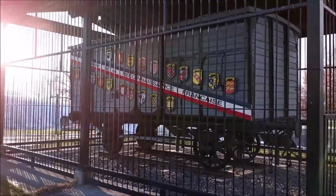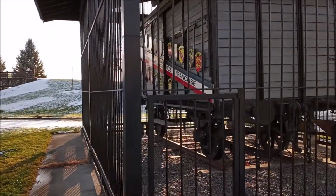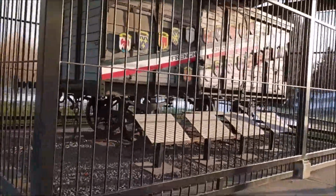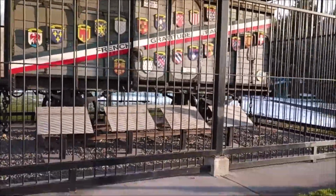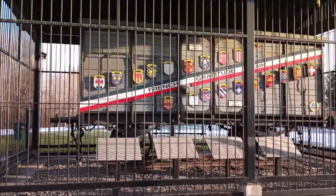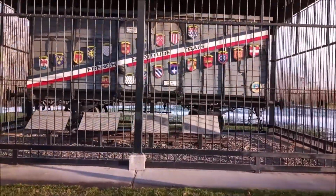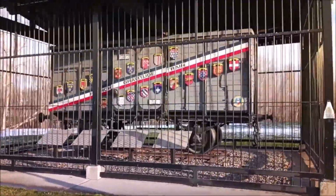Originally displayed in Fircrest in western Washington, the Washington State Merci Train car was moved to Sarg Hubbard Park along the Yakima River Greenway, located in Yakima, Washington, central Washington. The 40-and-8 boxcar from the French Merci Train was presented to Washington State in 1949 from the citizens of France as an expression of gratitude for food, fuel, and clothing donated to the needy people in war-ravaged France and Italy